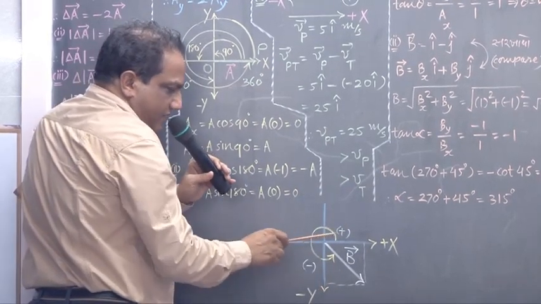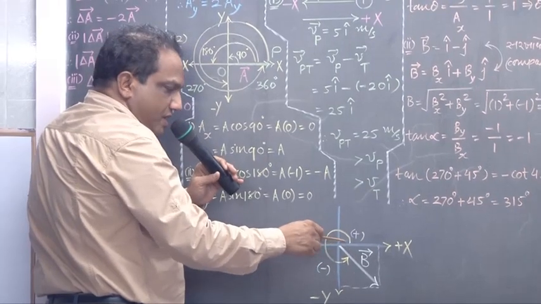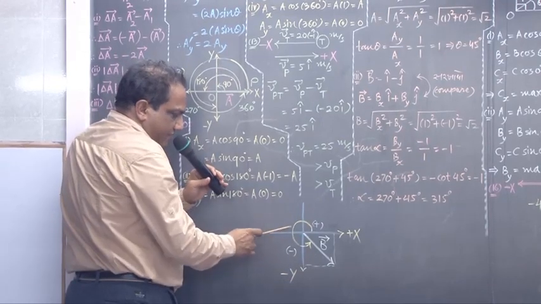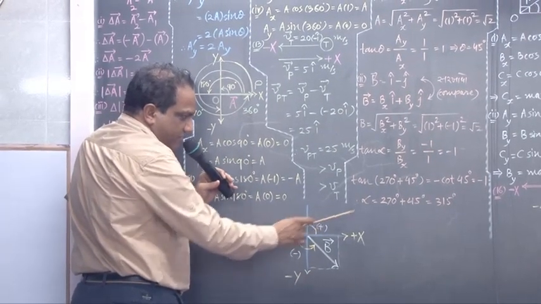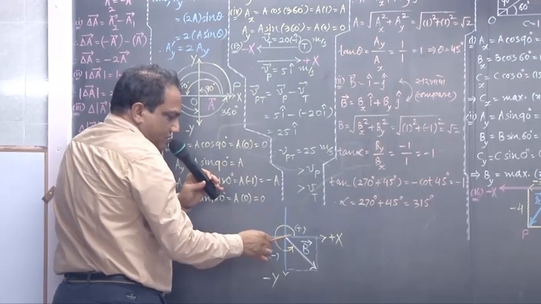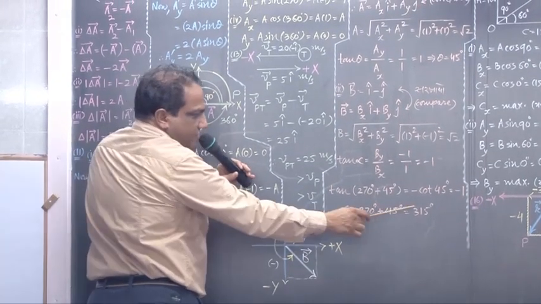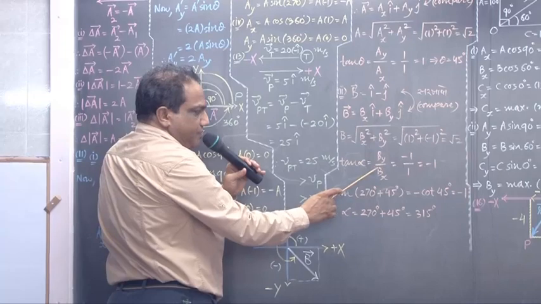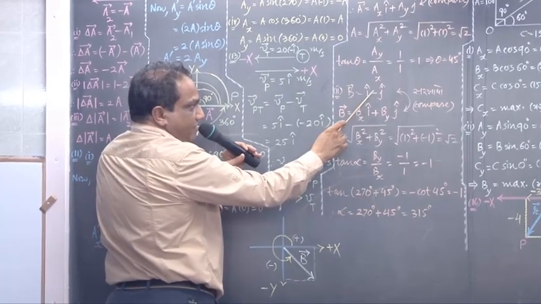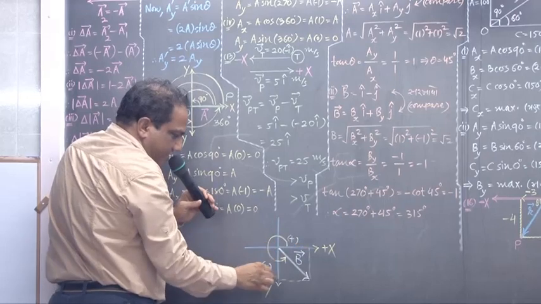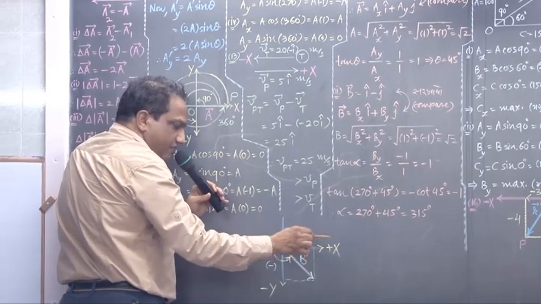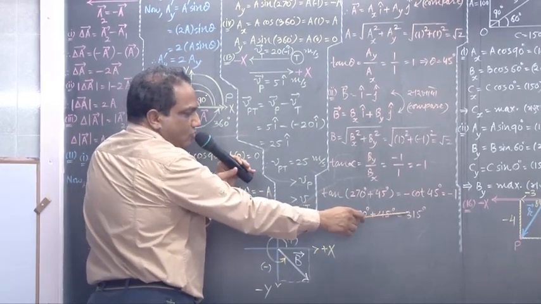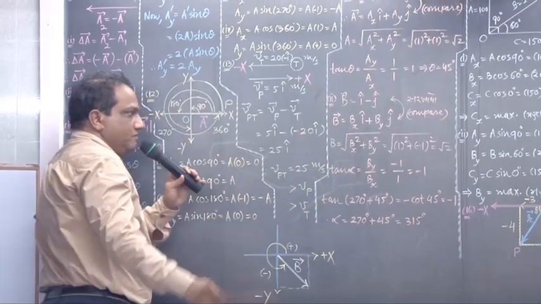And the angle made by this vector with the positive x-axis in an anti-clockwise direction, this way, that angle you can see is 270 plus this much. And this much we have already got, 45 degree. So this is 270 plus 45. Altogether this angle is 315 degree. Correct? Because the x component is positive and the y component is negative, that vector is lying in the fourth quadrant. That's why we are finding this angle in the fourth quadrant. It has come out to be 315 degree. Okay. Next.